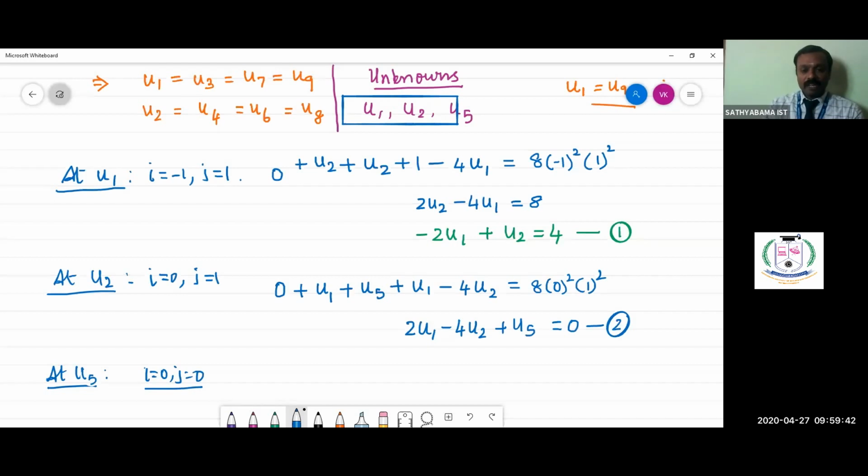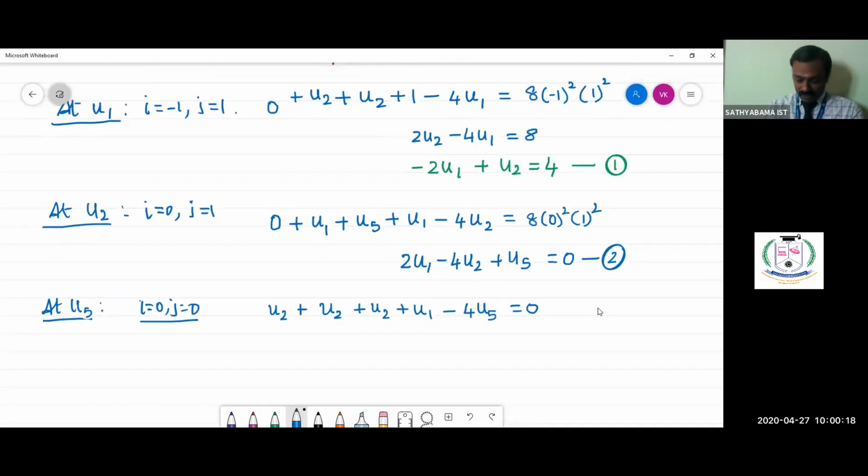So above u5, it will be u2. To the right of u5, it will be u6, which is the same as u2. Below u5, it will be u8, which is the same as u2. To the left of u5, it is u3, which is the same as u1, minus 4 times the value at the mesh point, that is u5, equal to 0. So we have u1